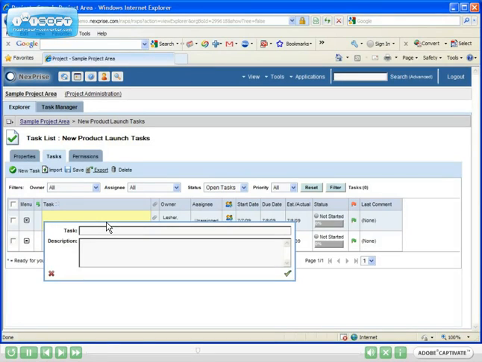This one will be Update Corporate Website with New Product Info. And in addition to giving it a short task title, you can give a more lengthy description with instructions. For example, please refer to attached style guide. And you click the green check mark to